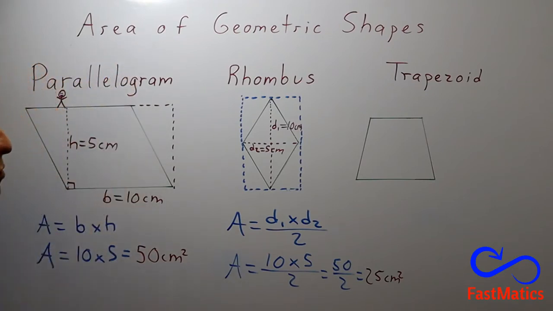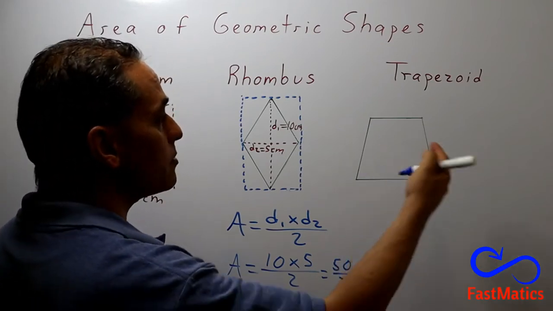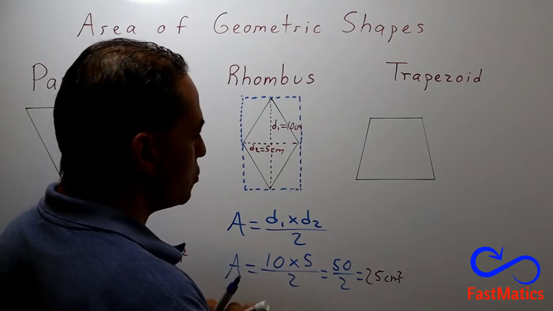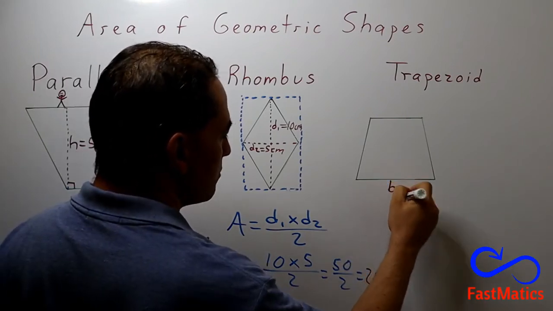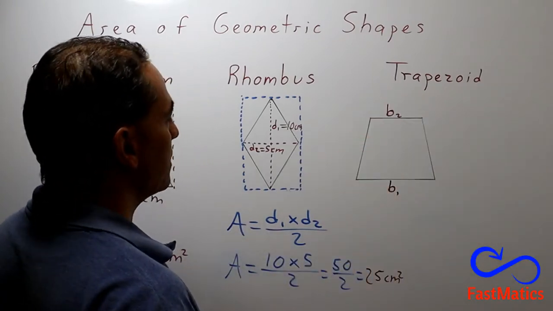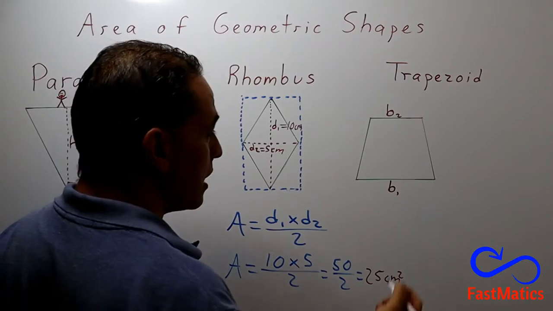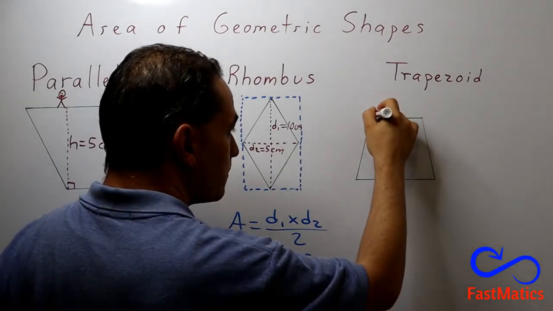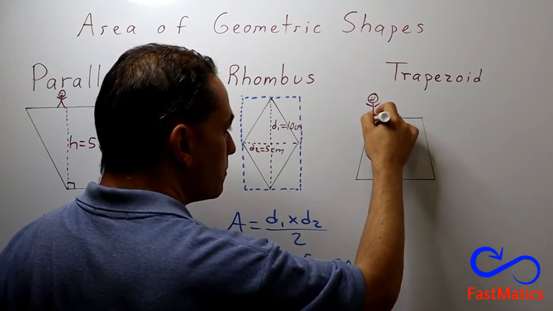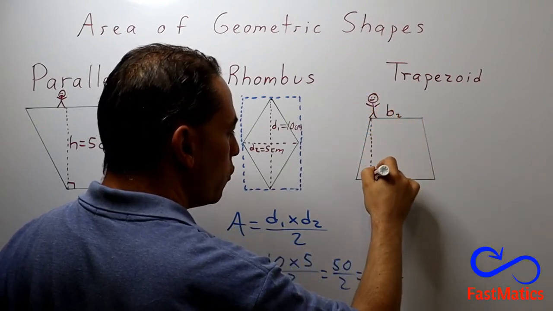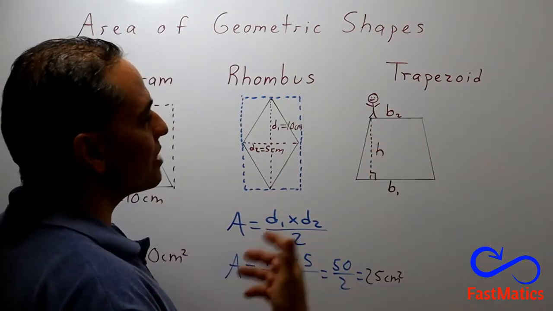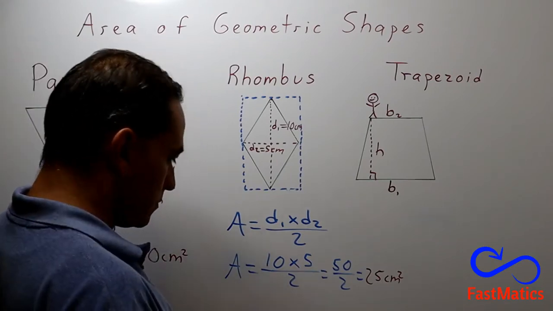Finally, we're going to talk about the area of a trapezoid. A trapezoid has two bases, base 1 and base 2. And if you want, you can climb the shape and throw a rope to know the height of the shape. But how to calculate the area of a trapezoid? Well,